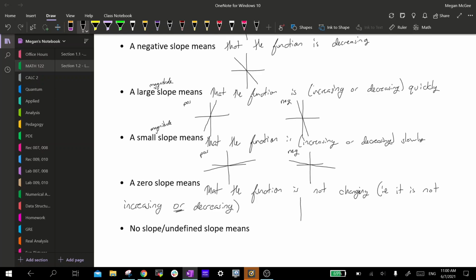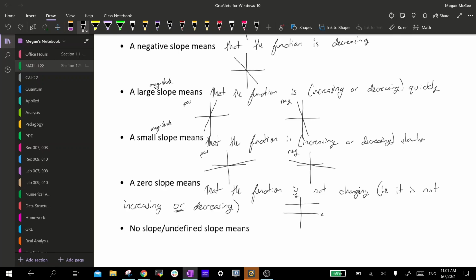Alright, and a zero slope is a horizontal line. Alright, so if you are asked to find or draw a horizontal line, then you're going to immediately know that the slope must be 0. And if you're given a slope of 0 and asked to draw a graph, you know it has to be